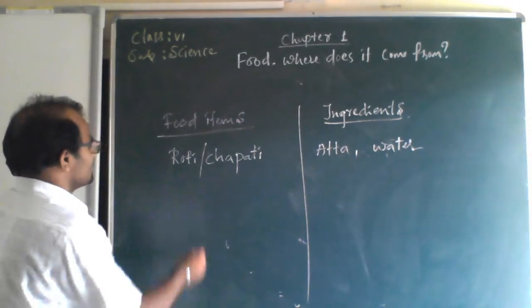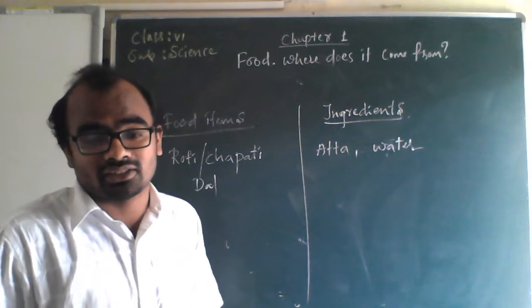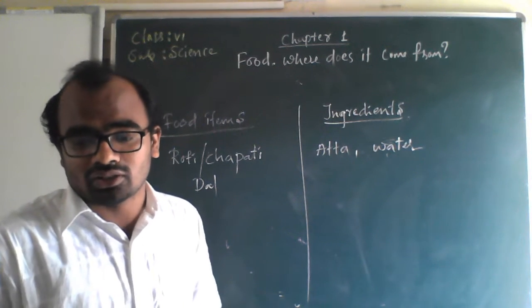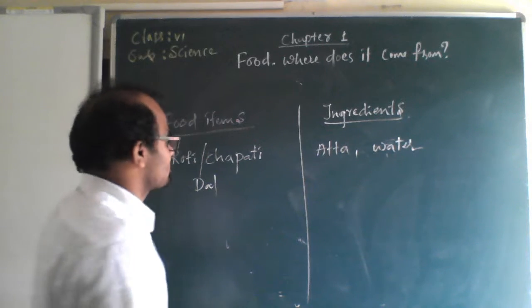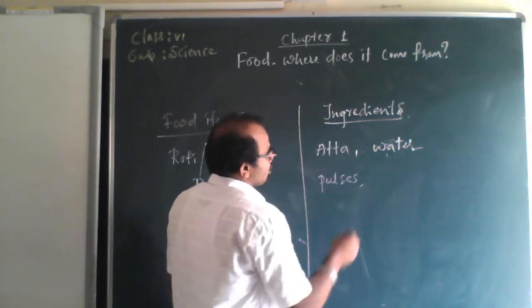So they have given another example, dal. So dal, you can see, I just told you last time and I was giving the example. How many are there? See, pulses are there, water, salt, oil, ghee, spices. See, pulses. Pulses means kal, water,